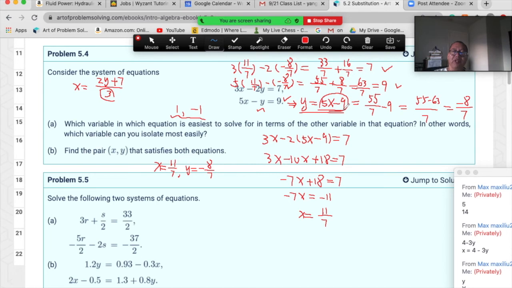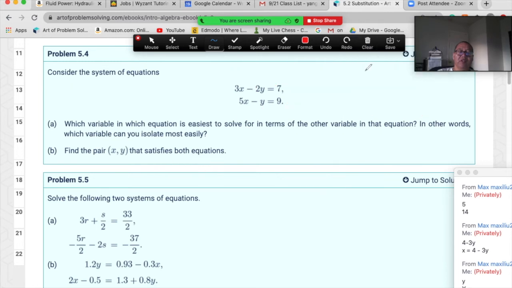So this way, the operation will be much easier because all their coefficients will be integers. That's the reason we choose y from the second equation. Okay, so now let's go to the next example,